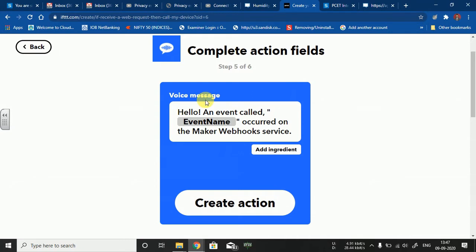Now you get this message when you receive a call from this cloud. Once you lift the call, you hear this message: hello, an event called, where the event name will be replaced automatically by humidity exceeds, occurred on the Maker webhook service. So you get this audio on your mobile phone immediately after lifting the phone.